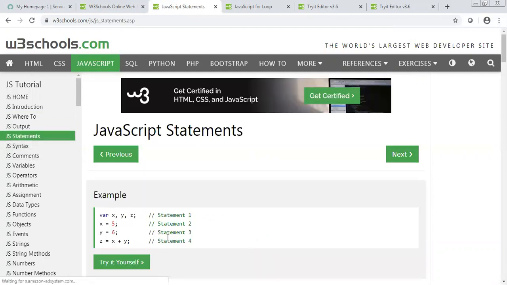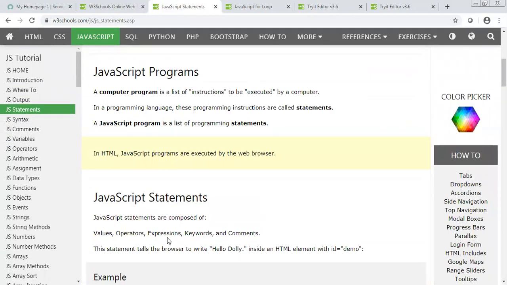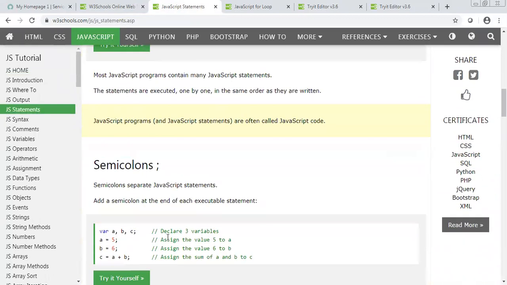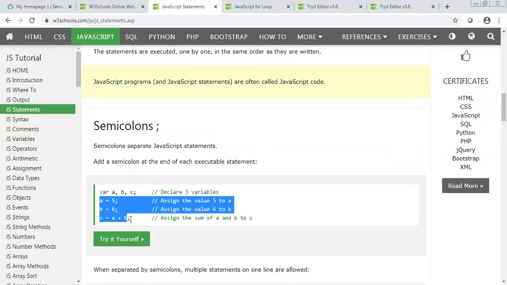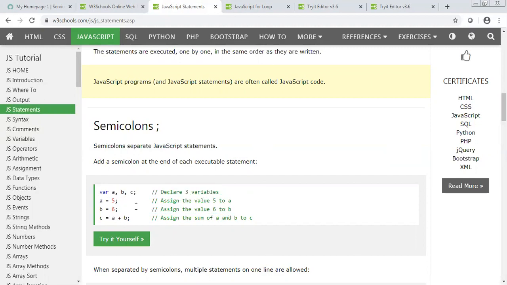If you come to this statement part, this is how a variable is defined. First thing. Then one more thing: when you are writing any line in the code, at the end you need to put the semicolon. This is one more thing you need to remember.